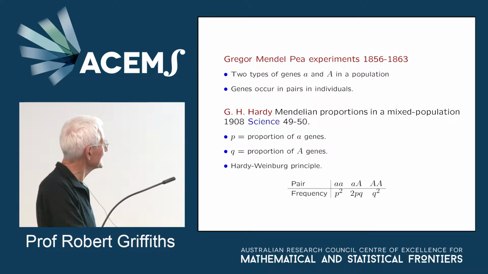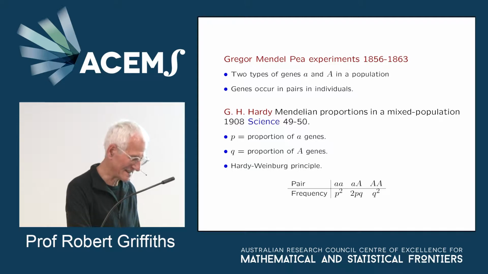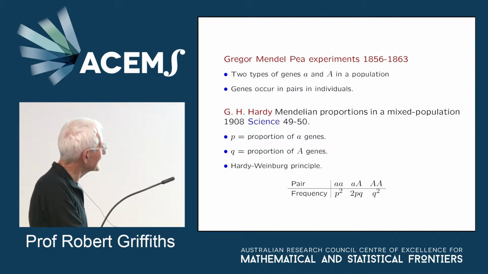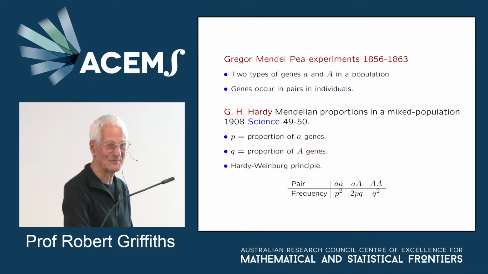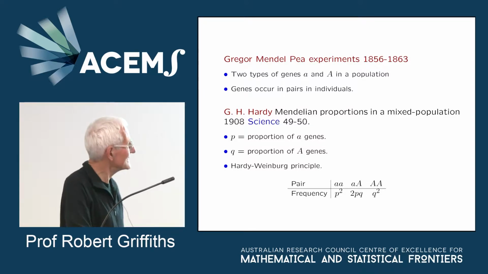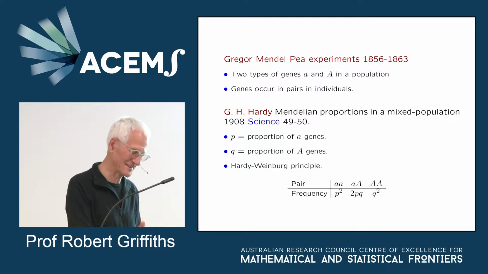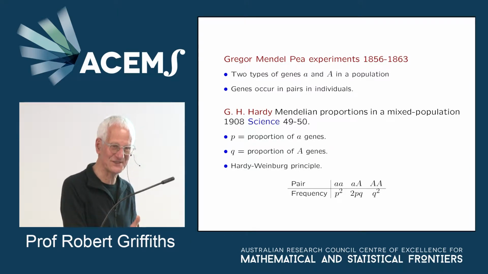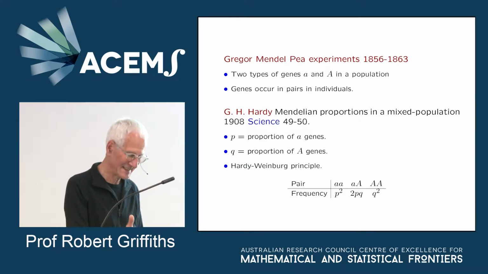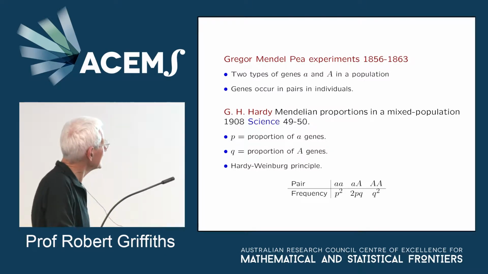There were factors, say, little a and big A in a population, and they somehow controlled the characteristics of these peas. He knew that one gene was passed on from males and one gene was passed on from females, and they occurred in pairs. But he didn't exactly know what was going on. He had a good idea of the ratios that you could expect of characteristics, and I think he was quite close to really understanding what was going on.